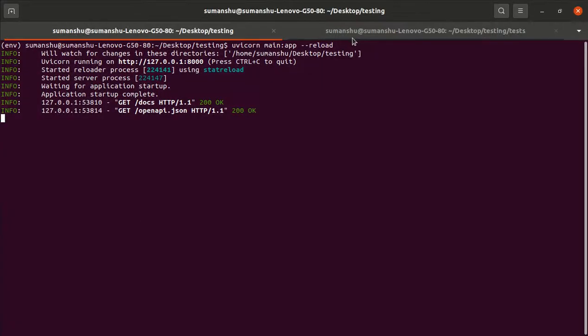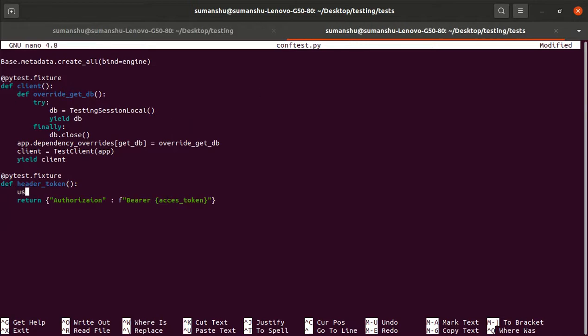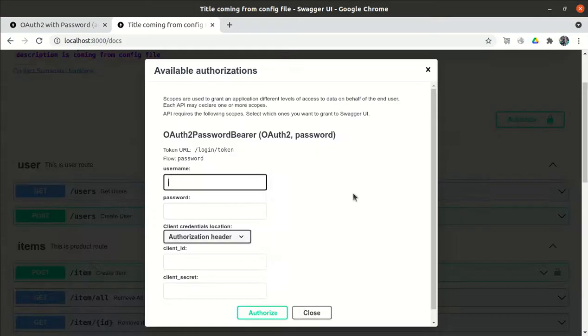Let's put user1@user1.com, and we have to pass the password as well. Password is user1. After that we have to click on the authorize button, and when we click on the authorize button, this URL will be triggered. So we have to trigger this URL.